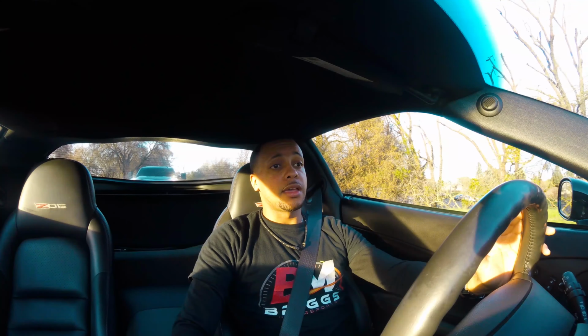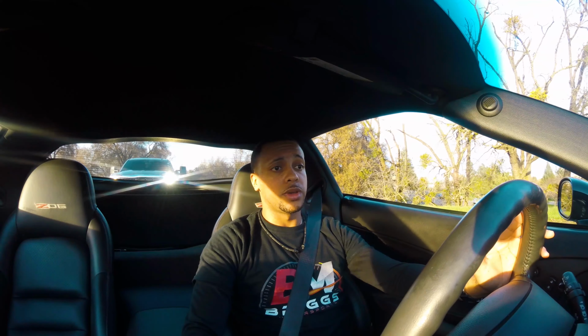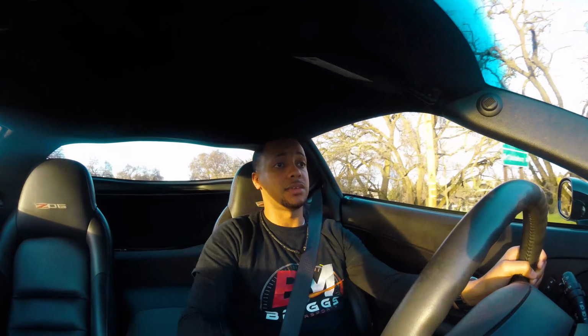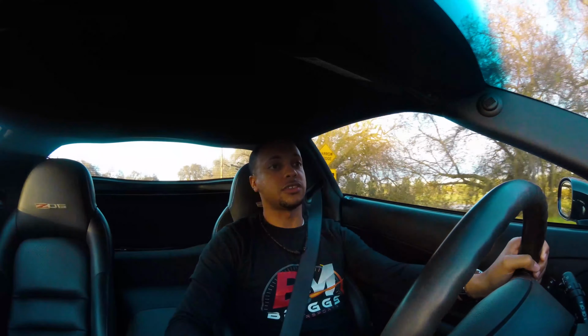And another thing that I feel a lot of car reviewers or car enthusiasts don't touch on with C6s or Corvettes in general is the visibility. The visibility in this car is amazing. You definitely have that wide nose and the wide fenders up front,